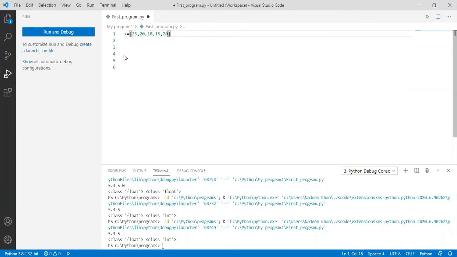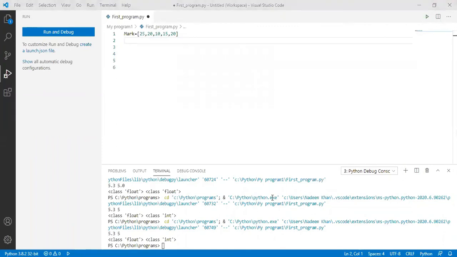Let's suppose it is marks, not x, it is marks. It is the marks of 5 students in maths: the first got 25, second got 20, third got 10, fourth got 15, and fifth got 20. This is the way we declare a list.